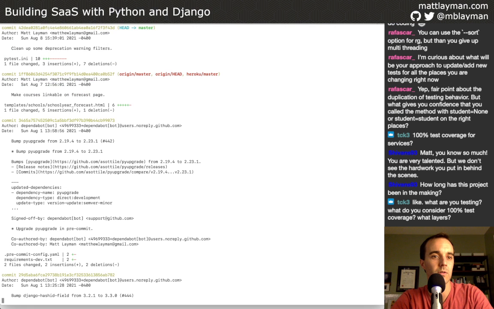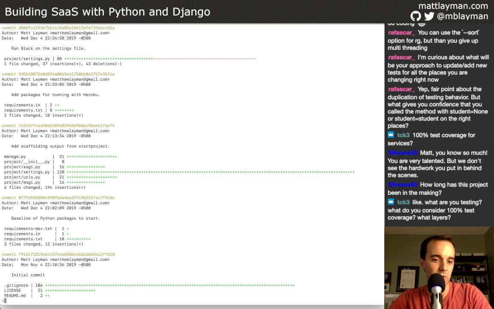First commit should be at the bottom of this. Initial commit was made November 4th of 2019. So I've been working on it like a year and a half, I guess. And I had been thinking about it a little bit before that too. So this is about the time when my wife was using the old app. The timeline is, we'd been doing homeschool for my son initially. My daughter was in preschool at the time. And yeah, she was probably a few months into it and using this other app and starting to get frustrated with it. And I started to see the opportunity of making something better.